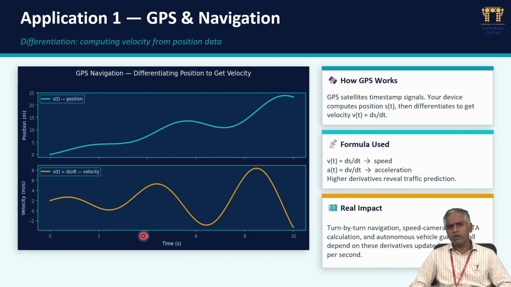There are some curves. They are the path to our destination. The path to the destination works based on GPS and navigation, and GPS and navigation work under the concepts of differentiation and integration. Okay. Next,